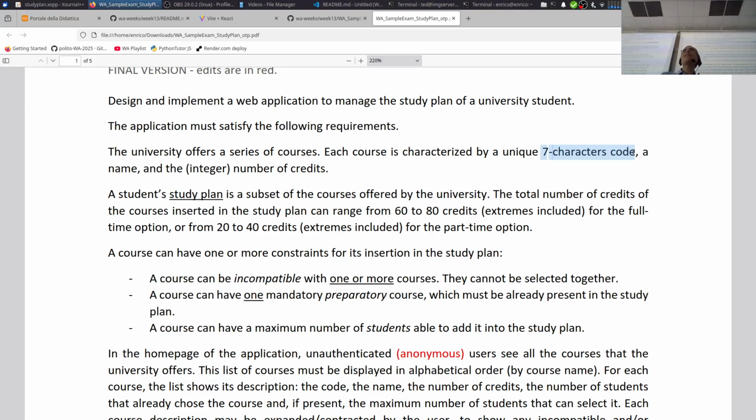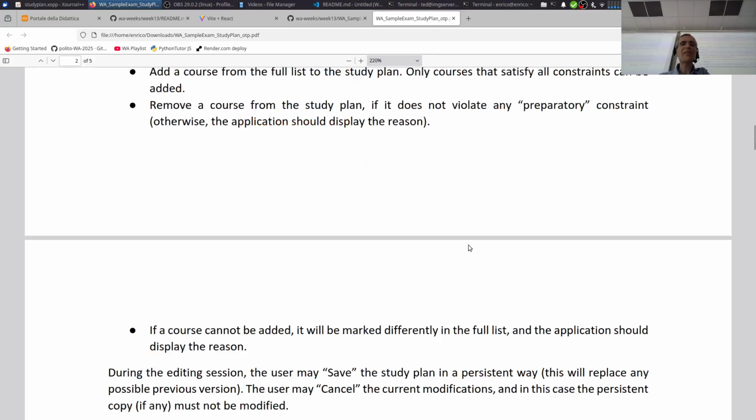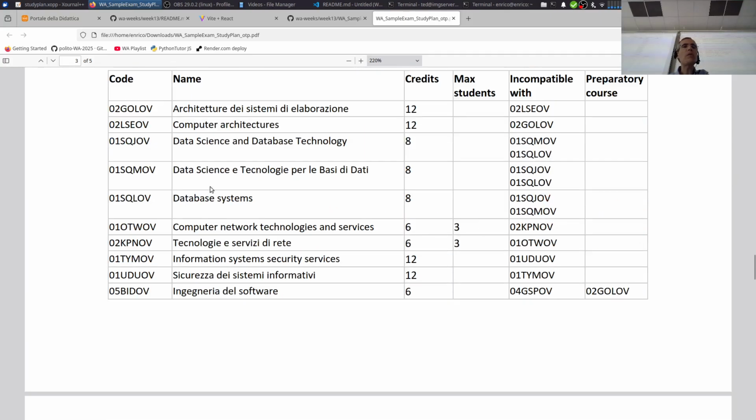It's not required. It's one of the things you can ask, but in general, if nothing is specified, it says 7 characters. So it can be alphabetical letters, alphanumeric characters, even symbols like dots and so on. I know that Polito has its own structure, every place has its own structure, but again, it's just a requirement for them. And we provided an example in the text, so you might be tempted to do some